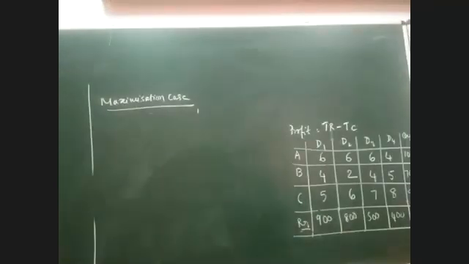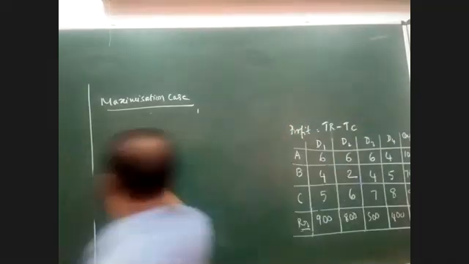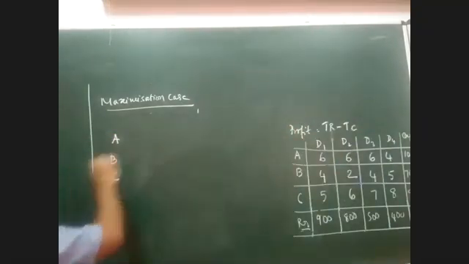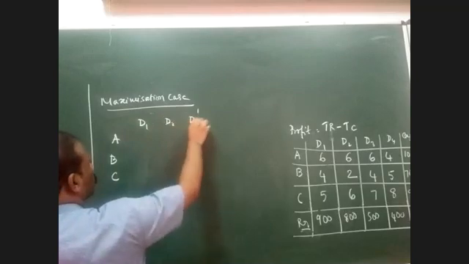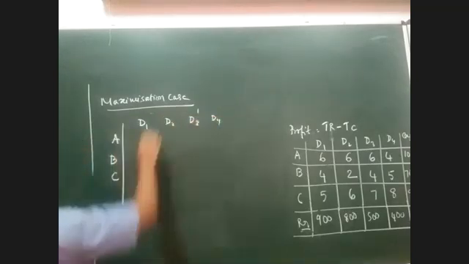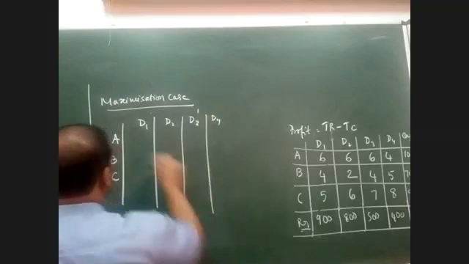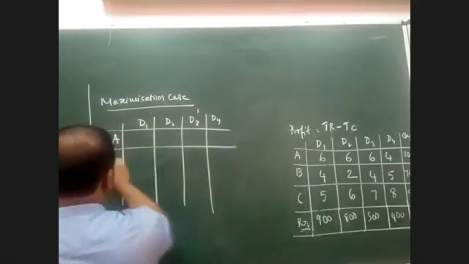Do you all understand? Yes, sir. The simple way to convert maximization to minimization is to identify the highest value and subtract every single element from the highest value. By doing that, we get a new set of values that will automatically be called the minimization case problem. Okay, so let me start doing it now. We have 3 rows, A, B, C, and 4 columns, D1, D2, D3, D4. Straight away I'm writing the problem in the template so that I can directly solve it.